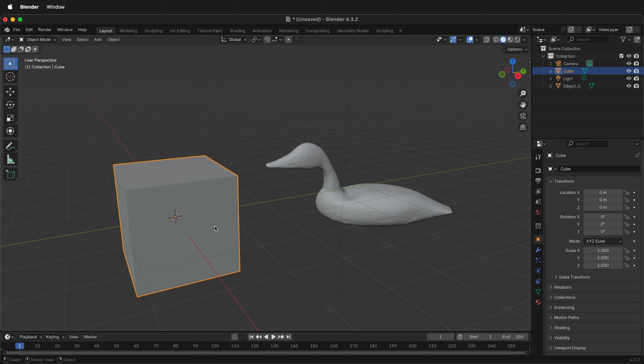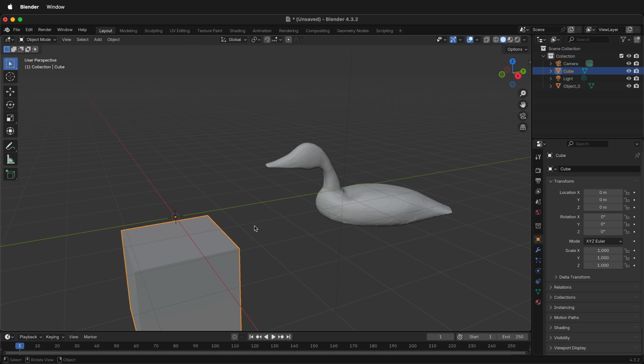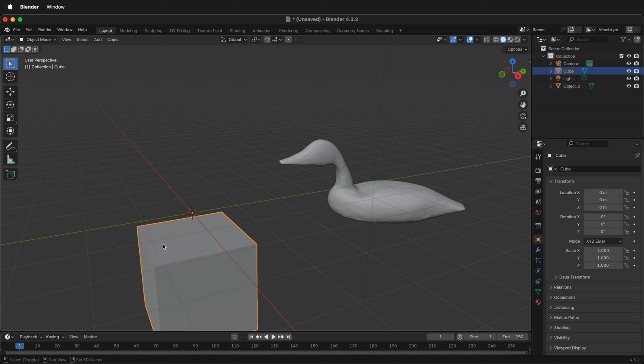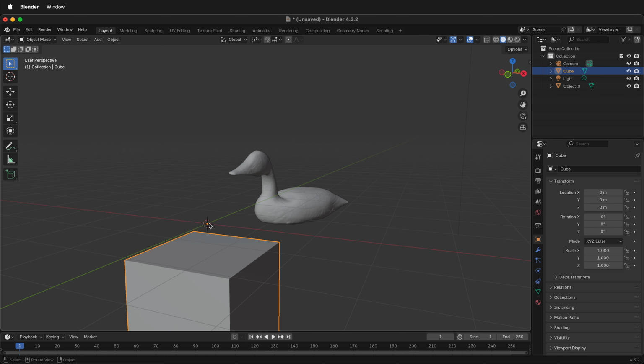For example, if I tab into edit mode of this cube and then move the cube down, then I tab back into object mode, notice that the origin stayed at its own place. That's because when we edit in edit mode, it doesn't change where the origin is. It changes where the geometry is. This can be very convenient, but also can be frustrating, because now, with the origin still located in the middle